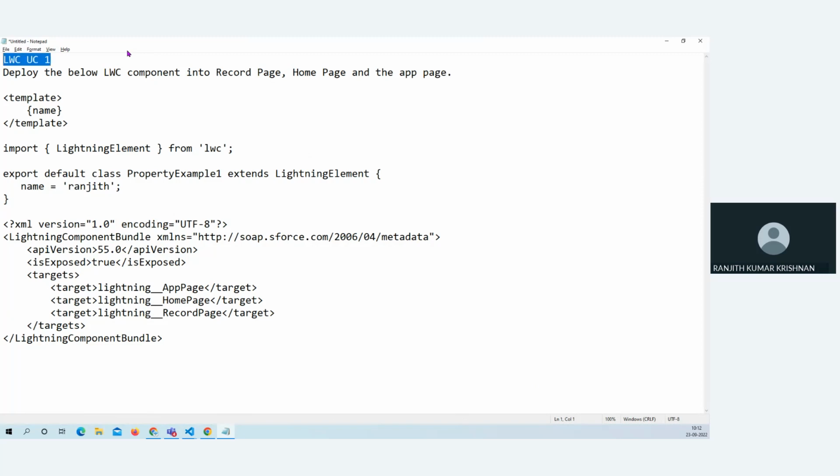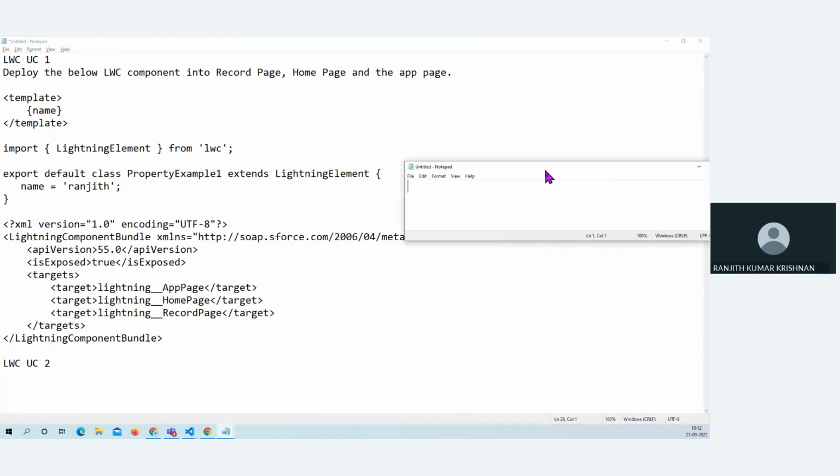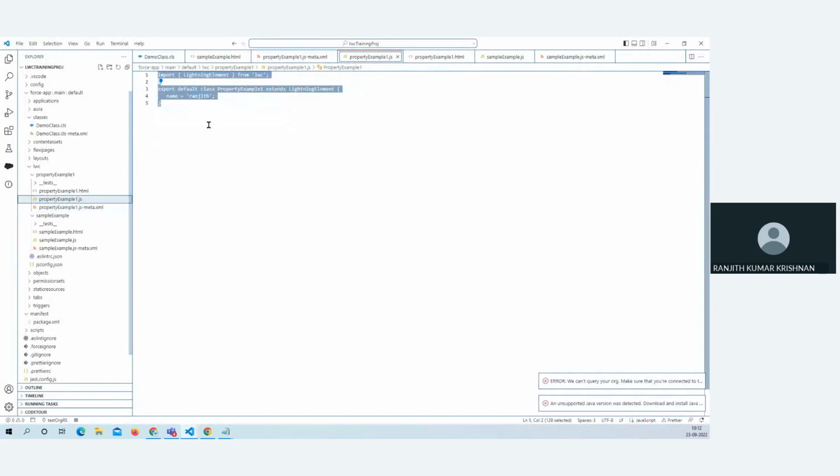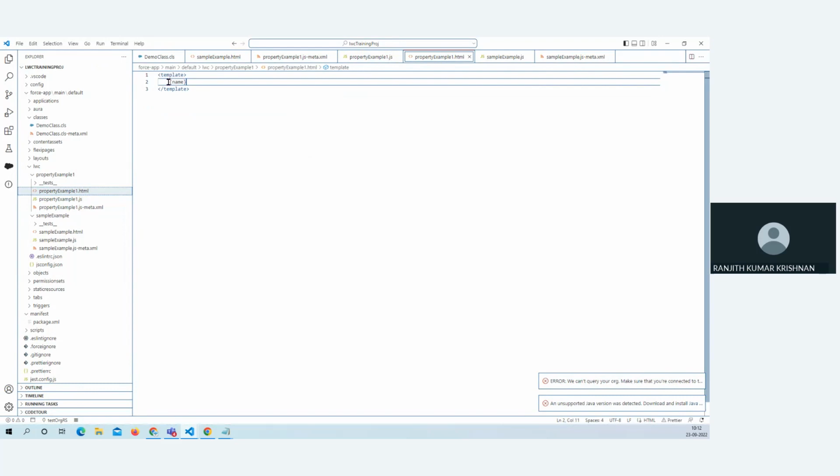Yeah, this is my use case. So the property of the JS file, you always refer with the format braces, property name, braces. This is how you'll refer to any JS property in your HTML. Okay, and